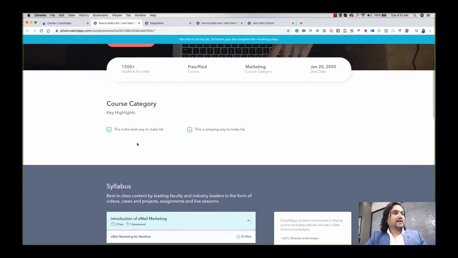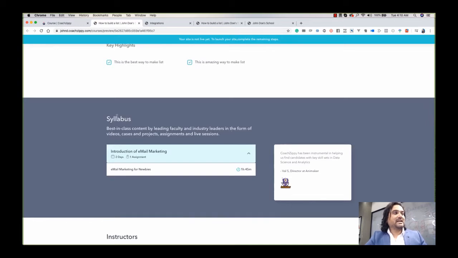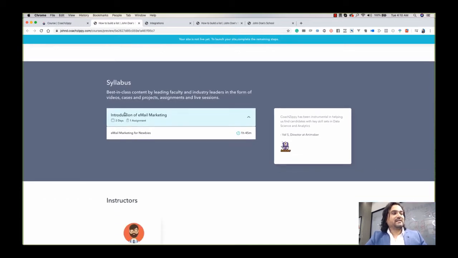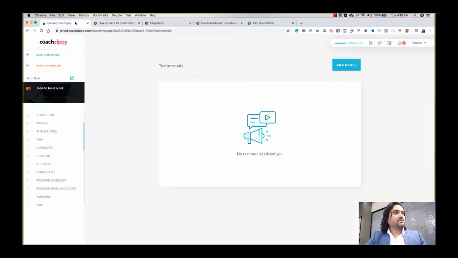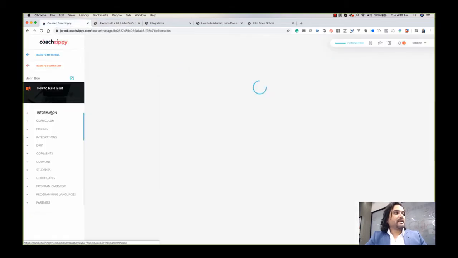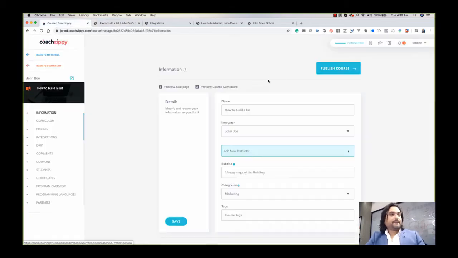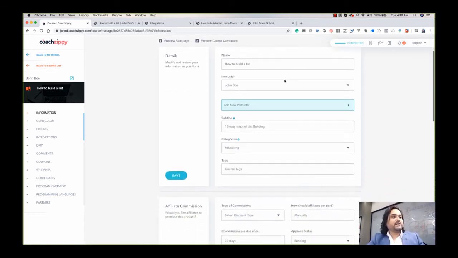Okay, the program overview, we have added these two options. This is the best way to make a list, and this is an amazing way to make a list. The syllabus is like, you have this section, introduction of email marketing and email marketing for newbies, right? We don't have any video, so what I'm going to do, I'm going to click on the information, and here I'm going to